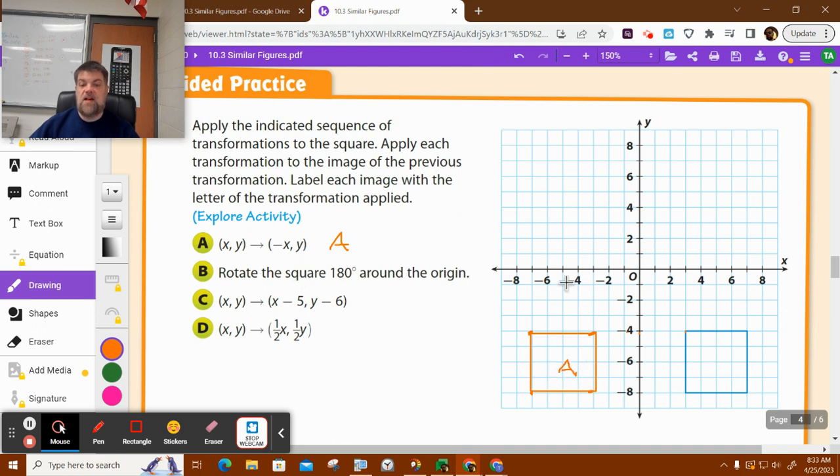Then it says rotate 180 degrees around the origin. And so that means we're going to live here. So you notice when it says 180, it doesn't matter if it's clockwise or counterclockwise. They never say it. So this is an interesting thing. My x value is negative 3. So now it's going to become a positive 3. And then my y value is negative 4. So